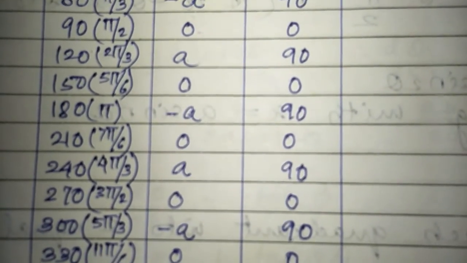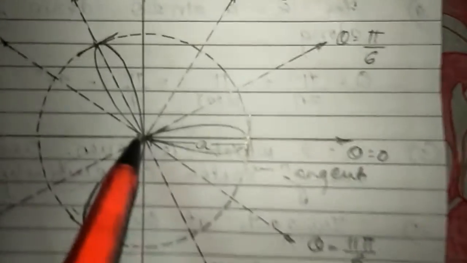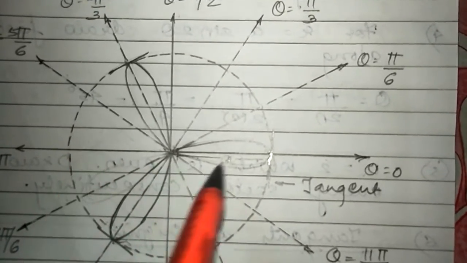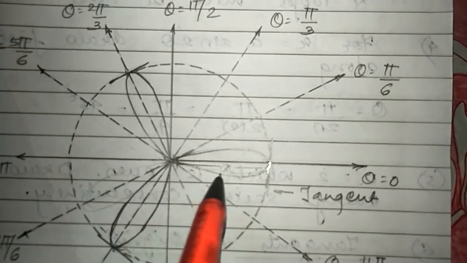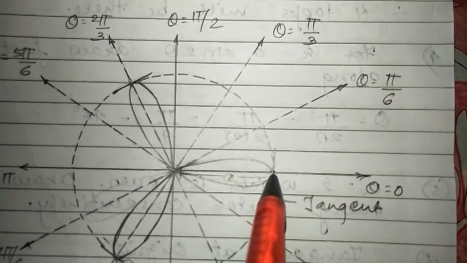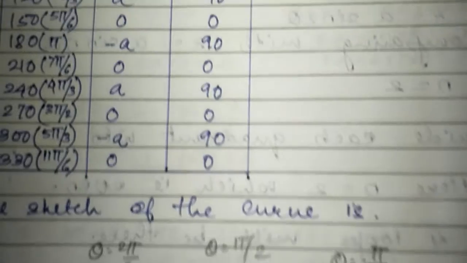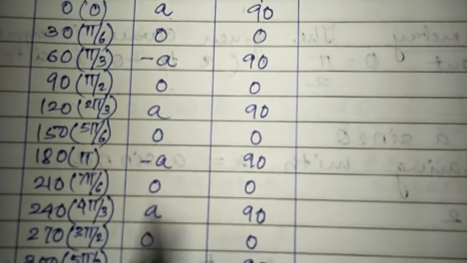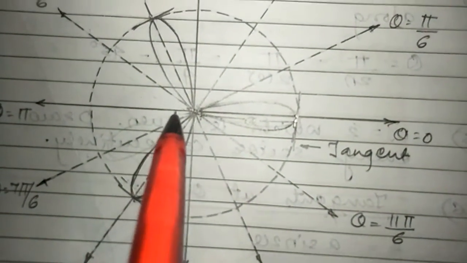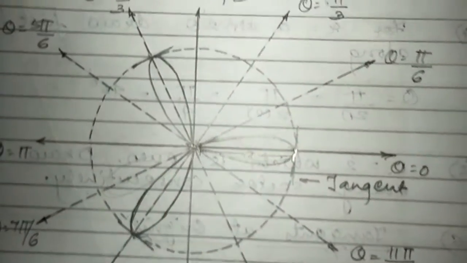Then for 180 degree it is again minus a. So how it will be? The value is a, but it is negative. From opposite of this sector, it is this sector. So from here the curve will proceed like this. It will be drawn in the opposite direction. So we will have it as a, but in the opposite direction because it is minus a. Then for 7 pi by 6 it is again 0. So 7 pi by 6 is this line. So from here it will proceed, and for 7 pi by 6 we will have it as 0.